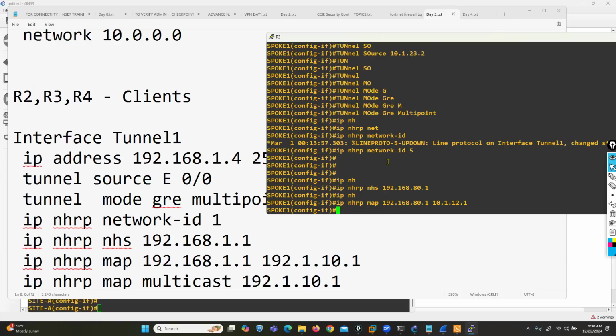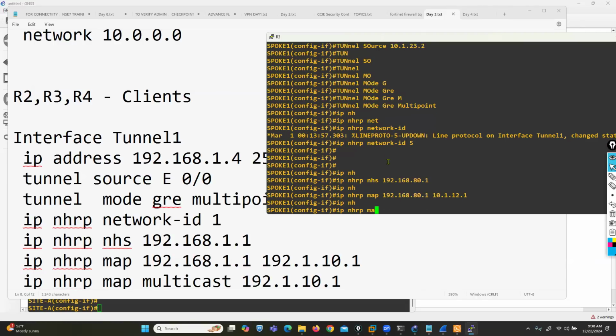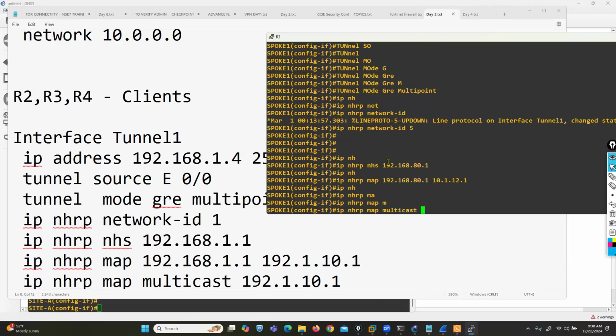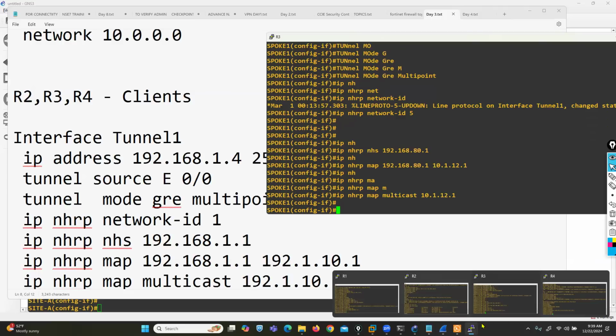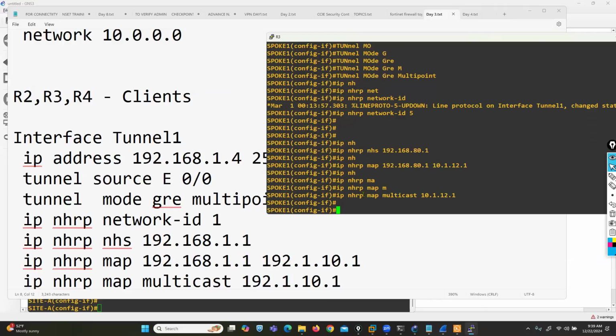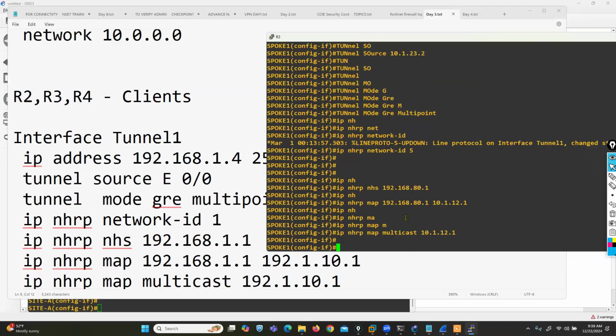And for multicast traffic, I'm creating a manual entry: ip nhrp map multicast 10.1.12.1. We only create the multicast entry with the hub router, not for everything. This is for multicast traffic with the hub router only. And with the NHS command, you are telling this router